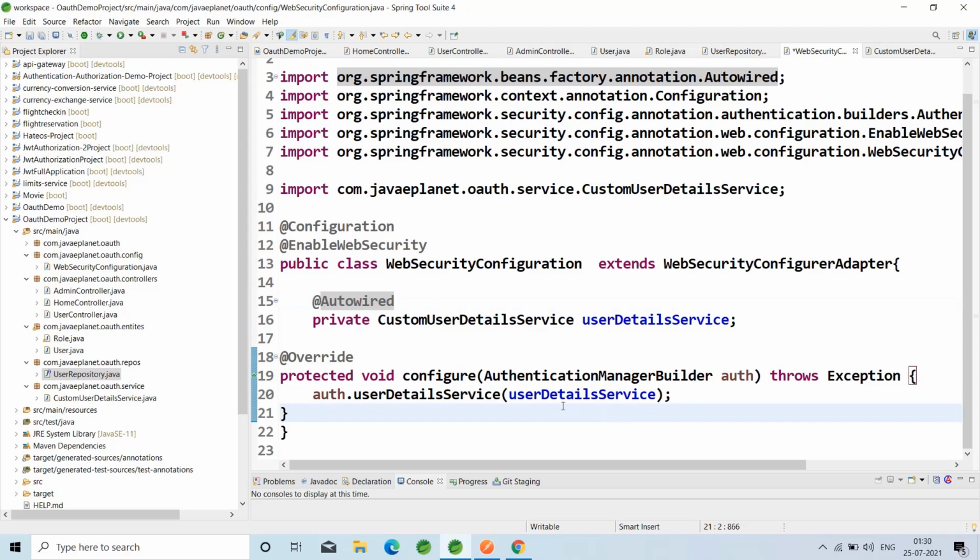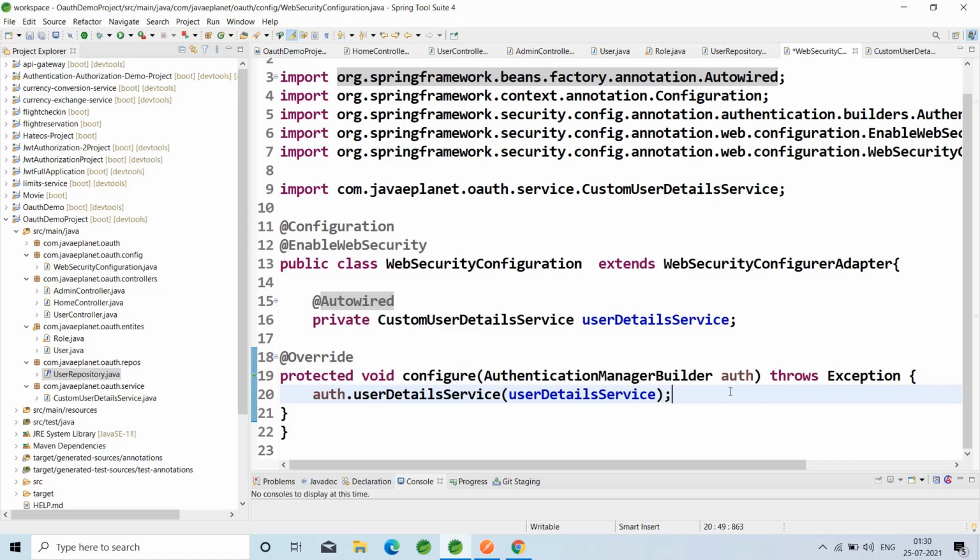Inject this user details service here, and write auth.userDetailsService and map the user details service in the configure method which takes the AuthenticationManagerBuilder, so that at runtime it will authenticate the user details service.